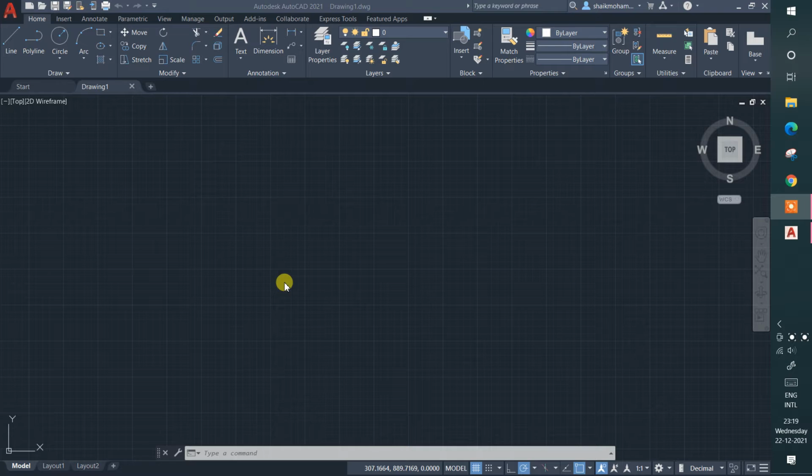Today we're going to discuss the status bar, and you can see at the bottom of the AutoCAD table the status bar. This is called the status bar, guys, which is below the command bar. Let me explain each and everything in detail: what is coordinates mode, what is grid mode and snap mode, like that. Let me tell you in detail.